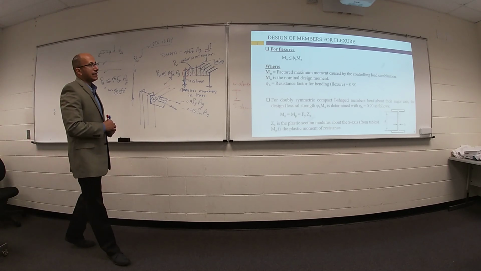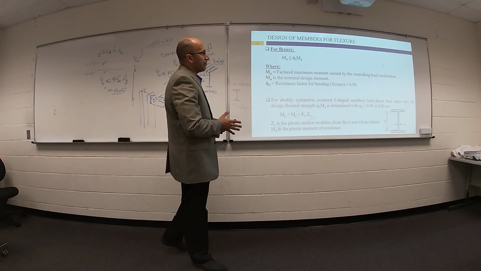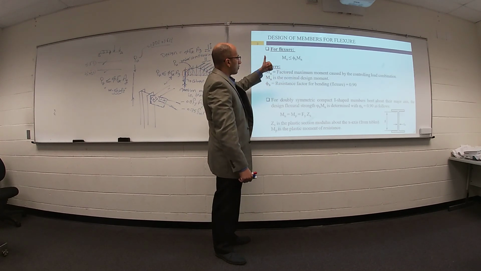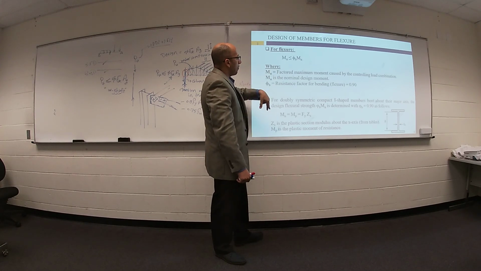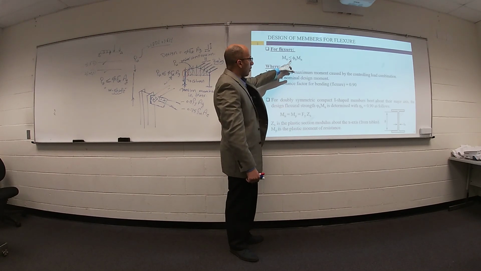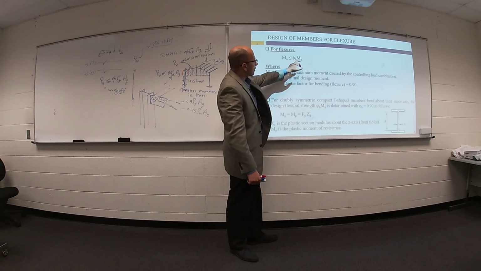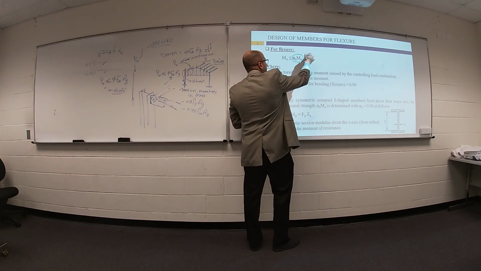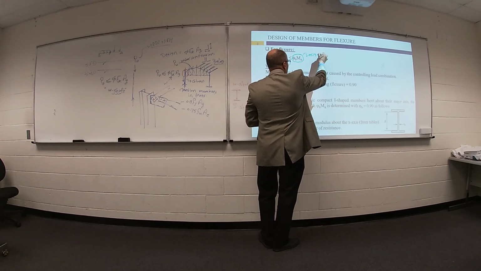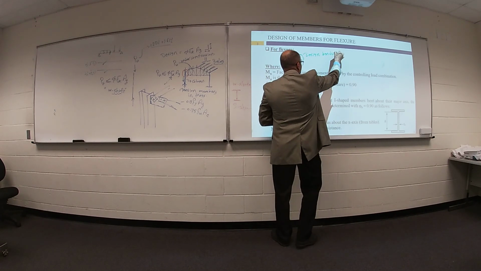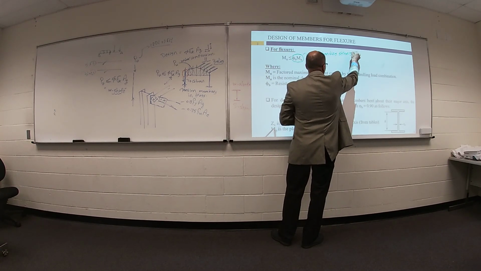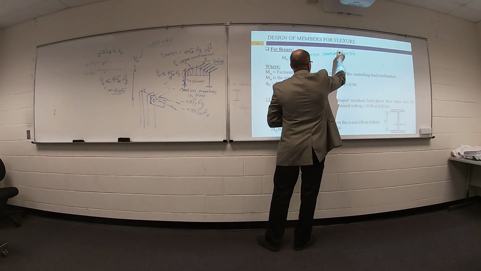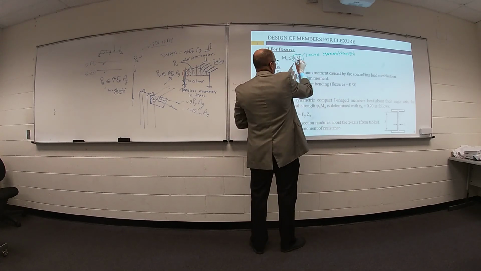Design of beam in steel is very simple, very simple. Your applied moment from load, from RISA, from structure analysis, must be smaller than or equal to phi bending times nominal moment. This term is called design bending strength, or design moment strength. Remember, without phi,